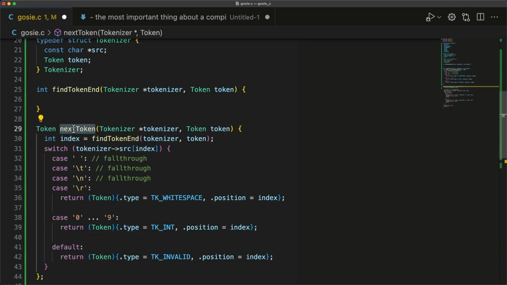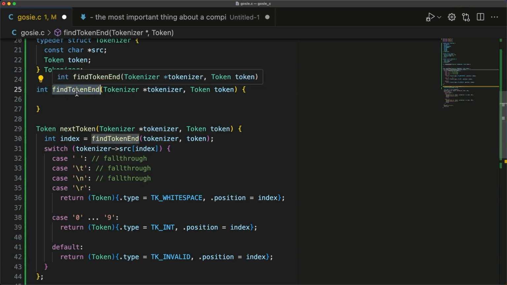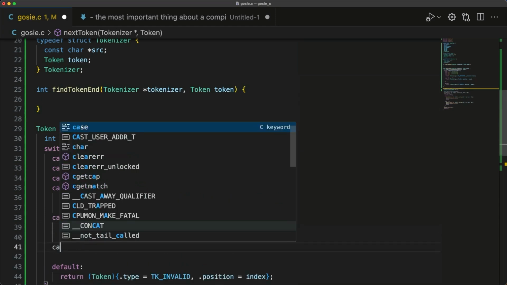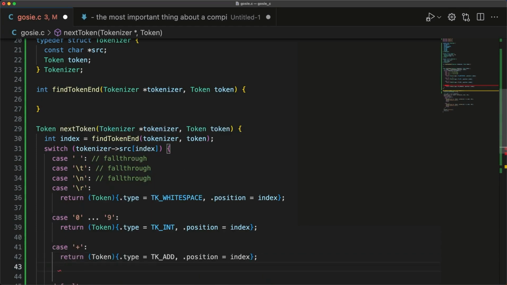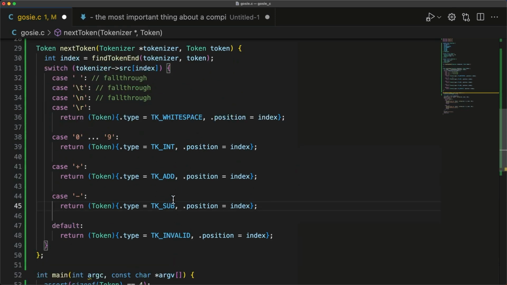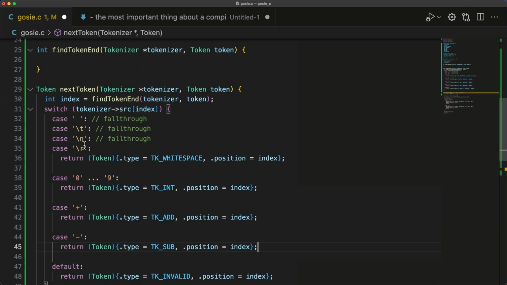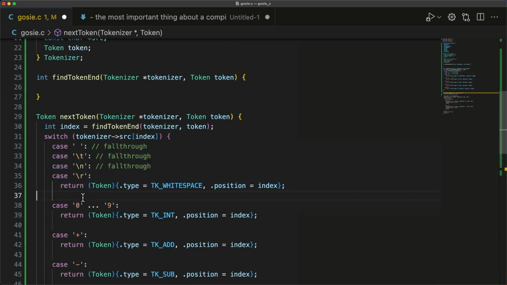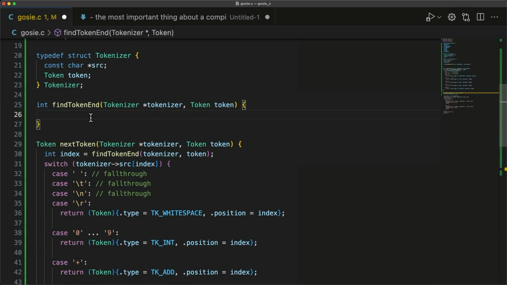So next token just identifies what the next token is and figures out what its position is. That's all it does. And then find token end is responsible for figuring out how long the token is. So I think we just have two more things here before I get distracted. We've got adding and we've got subtracting. Okay. And then I think that's all we have so far. And then we've added the ability to parse white space. And then here we need to figure out how long the token is. So